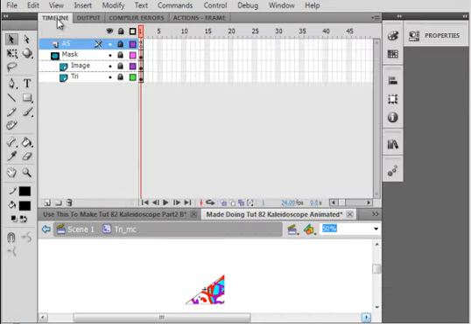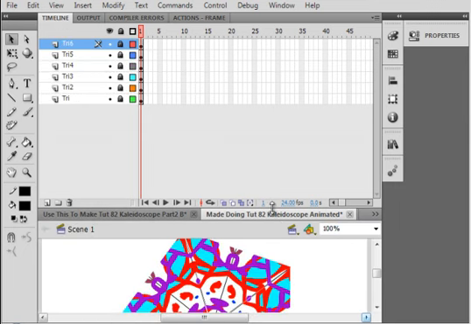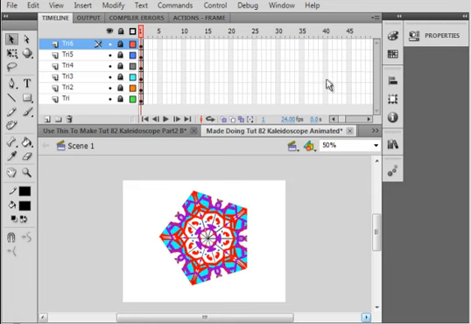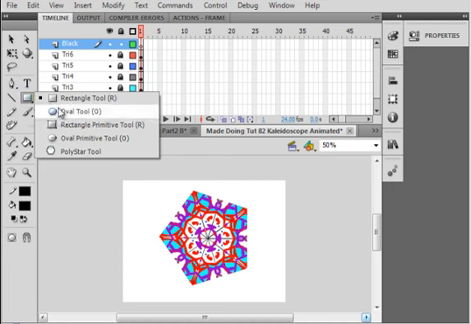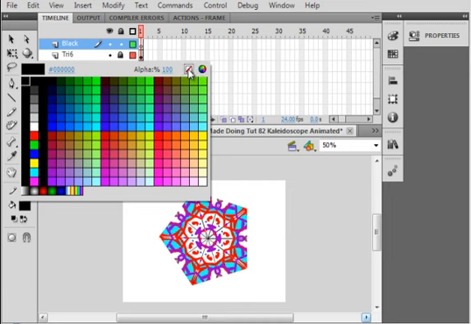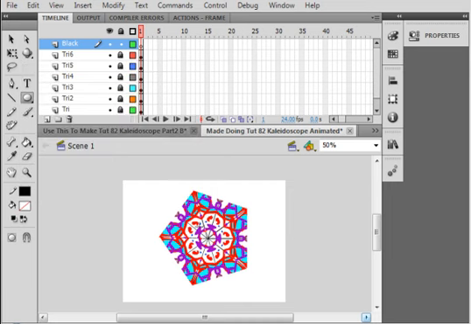Let's go back to the timeline. Let's go back to scene 1. Make this 50% so we can see it all. Select the top layer, insert a layer, call it black. Pick up the oval tool. Make sure you have black, no fill, black stroke, and holding your shift key down, make a circle,